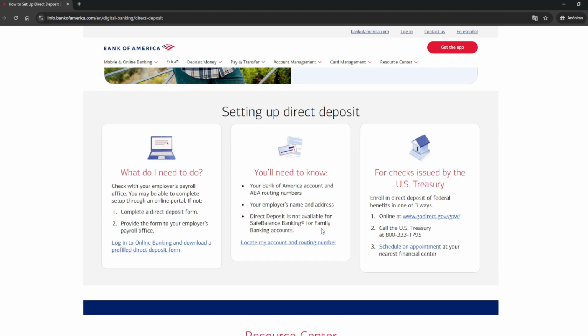The app will generate a PDF with your account info filled in automatically. You'll also need your employer's name and full address to complete the form. Once filled, submit it to your employer's HR or payroll office. That's it. Once your company processes it, your paycheck will go straight to your Bank of America account, usually by